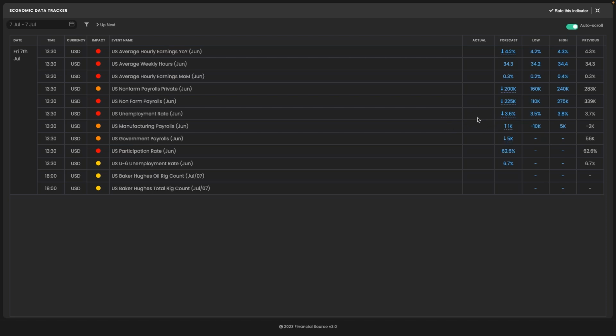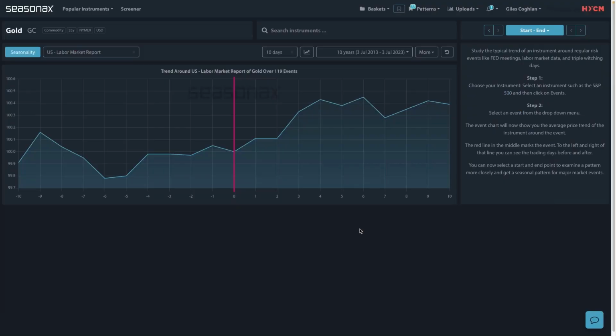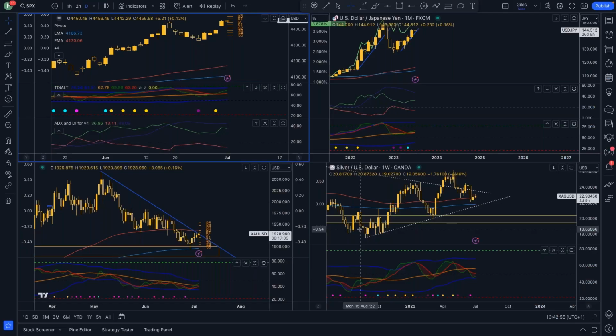So if unemployment is 3.4% or lower, this is above 275,000, and that is above 4.4%, then I would expect to see downside in gold. Why? You'd expect yields to move and the dollar to move higher. But it's not as good an opportunity as a miss, because markets have already been pricing in quite a lot of that